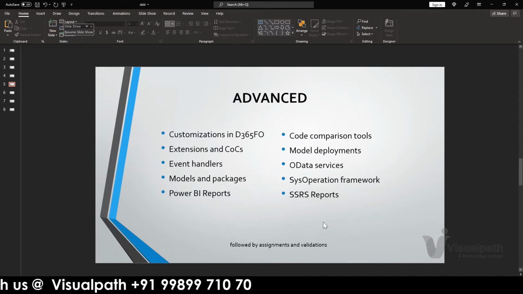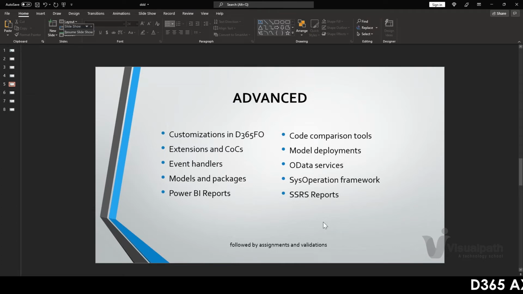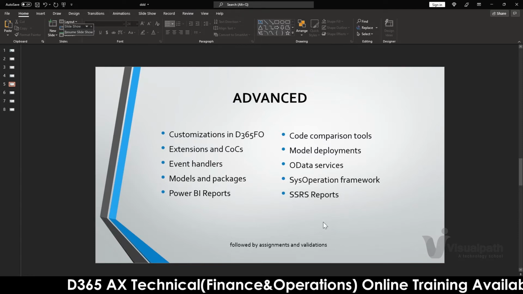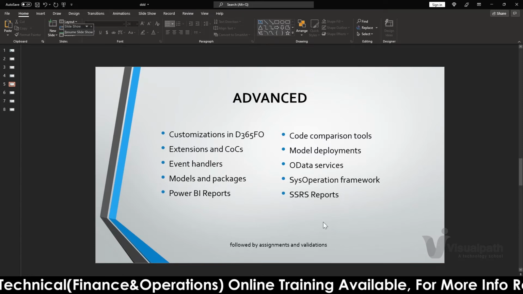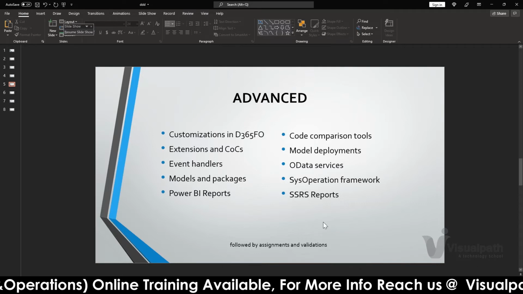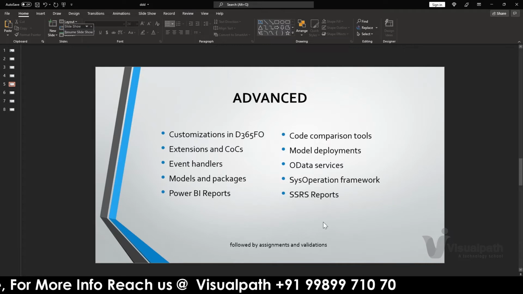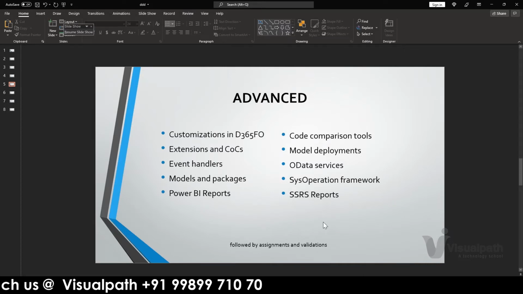And last but not least, SSRS reports. SSRS reports can be developed within Dynamics 365, and we also have Power BI reports, again a product of Microsoft.